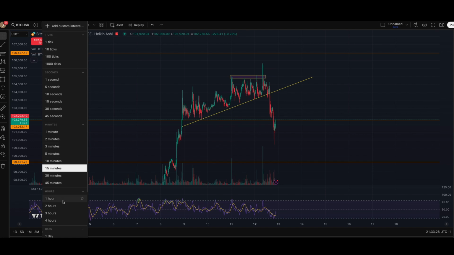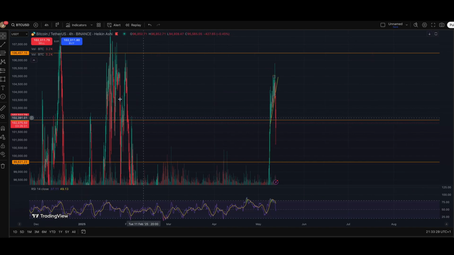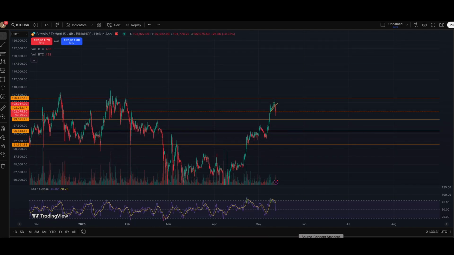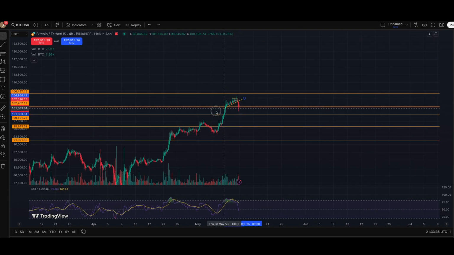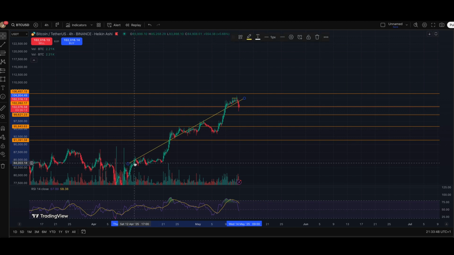And let me just zoom out to the higher time frames. Let's go for the 4-hour, and I'll show you why this trend line seems pretty important to me. So if you notice as you extend it out, notice what you get. So extending this trend line out, we have a resistance here. We had a breakthrough, retest on here as support, broke through, retest down, retest on the bottom, down, broke above,